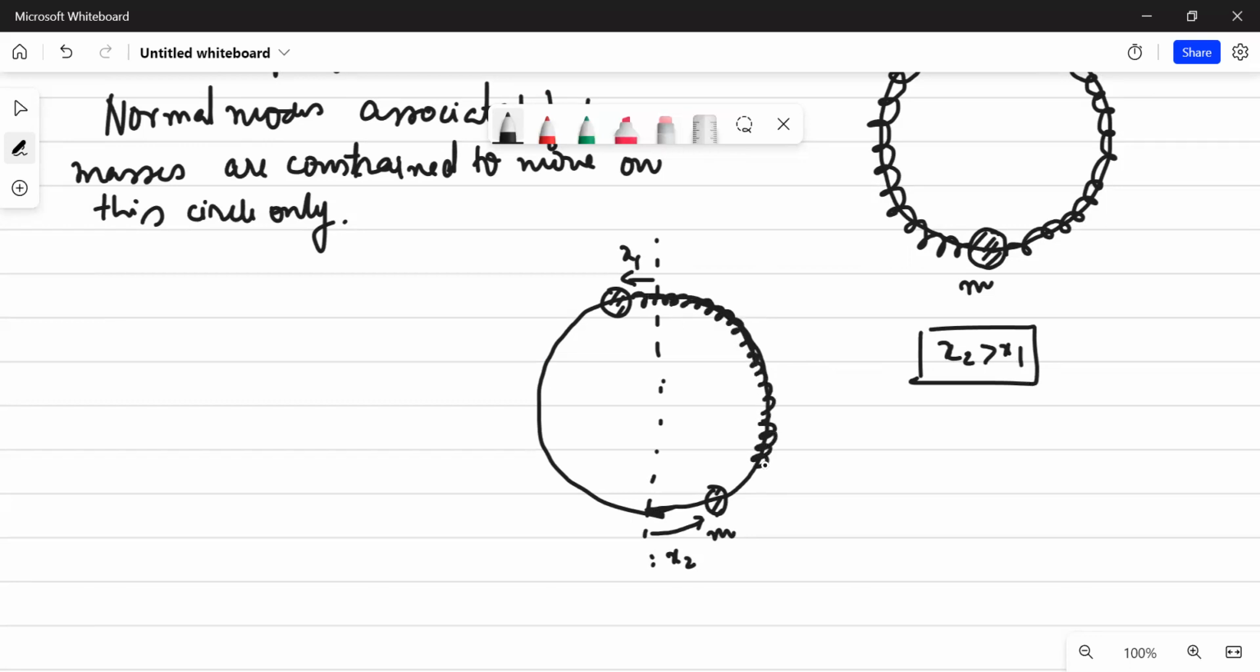What is the net elongation or compression? Here it will again be x1 minus x2, and here also it will again be x2, x1 minus x2. Is that clear? The only difference is this